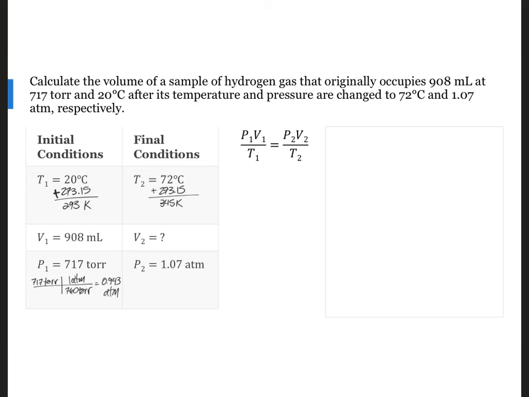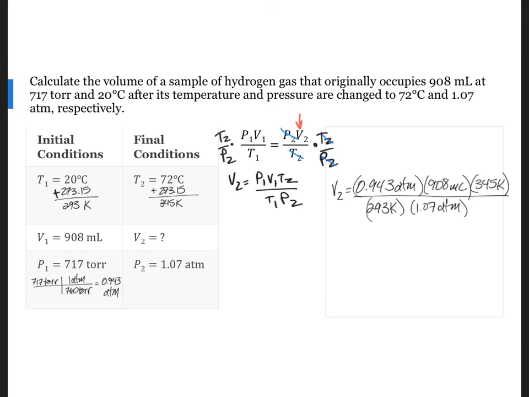Next, we need to rearrange the combined gas law to solve for V2. If we multiply both sides by the reciprocal of P2 over T2, we'll isolate V2. Dropping the data into the equation, we get V2 equals 0.943 atm times 908 milliliters times 345 Kelvin divided by the product of 293 Kelvin times 1.07 atm. This gives us a final answer of